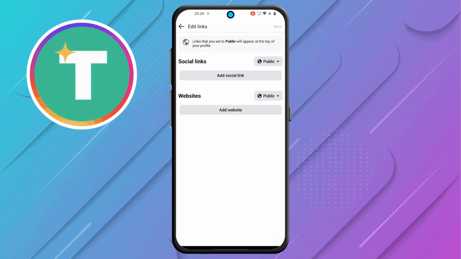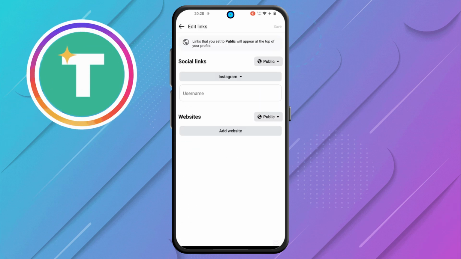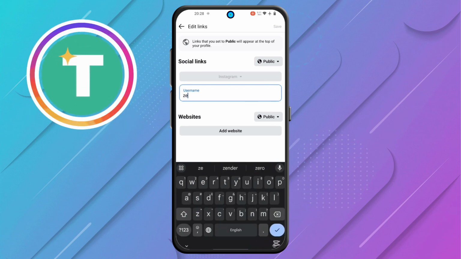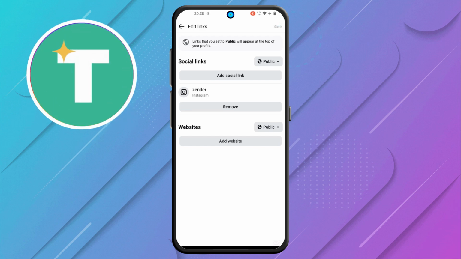Step 6. For the last and most important step, select the Add Social Link option, then tap the platform and choose the platform. After that, type the username, then select the Save option to add a social link on Facebook